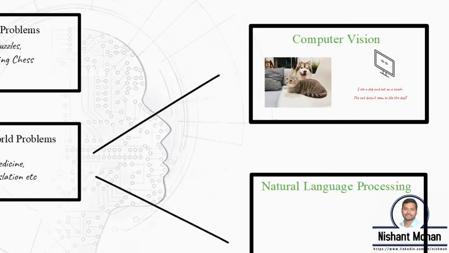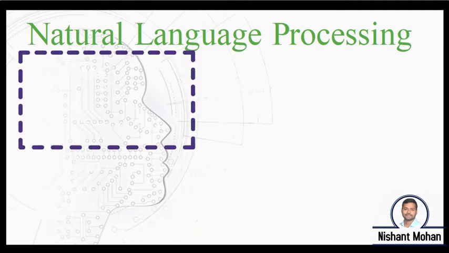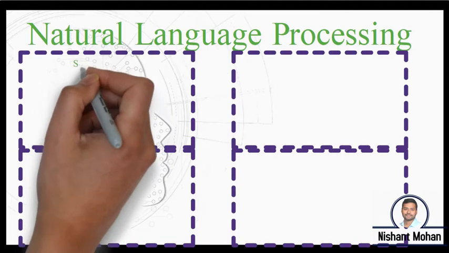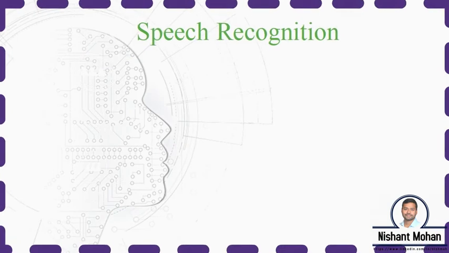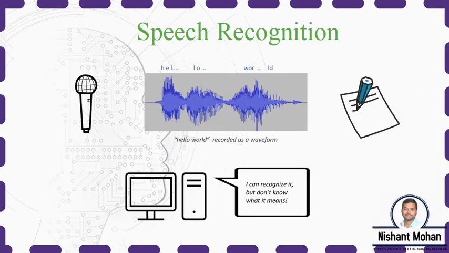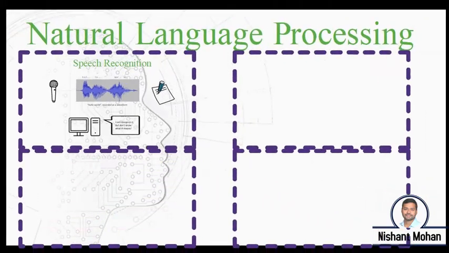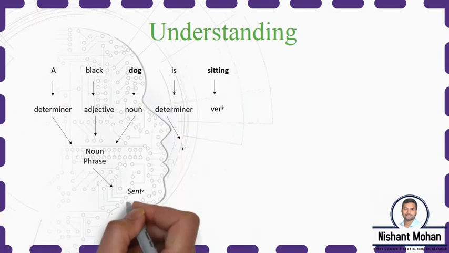Natural language processing relates to computers dealing with human languages like English. The term natural language is often used to distinguish it from computer languages that are designed to be understood by the computers. NLP has four main components. Speech recognition involves recognizing individual sounds and words from a speech waveform received by a recording device like a microphone. An example of it would be a speech-to-text converter that can create words from the speech in a microphone but does not understand them. Understanding involves the ability to make sense of a combination of words in a sentence or sentences.